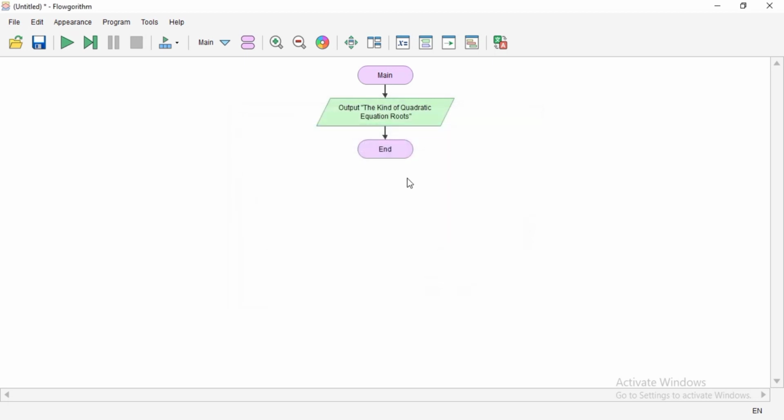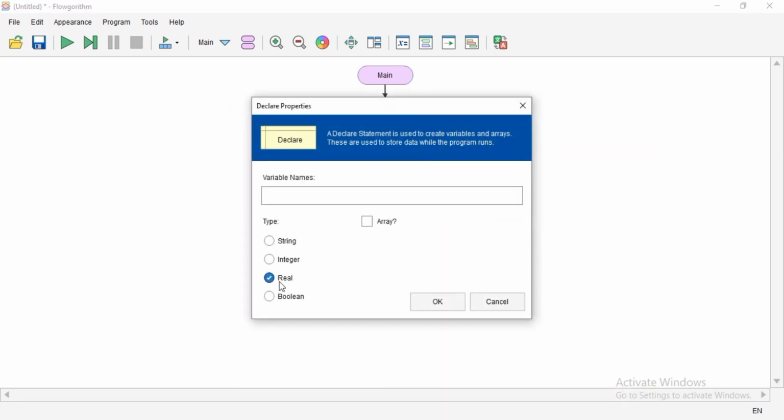Okay, next use declare. I choose real and then the variables: a, b, c, determinant, x1, x2.